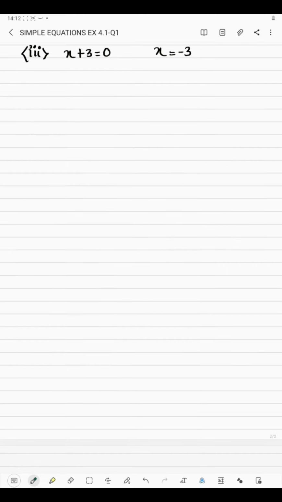Now in the next equation we have x plus 3 is equal to 0, in which x plus 3 is again on the left hand side, so we will put that. Now in place of x we have minus 3, so we will just put the value of x, which is minus 3. So minus 3 plus 3 is 0, and on the right hand side we have 0. So that means left hand side is equal to right hand side. So we can say that the solution of the given equation is minus 3. So the equation is satisfied, so we will write yes.